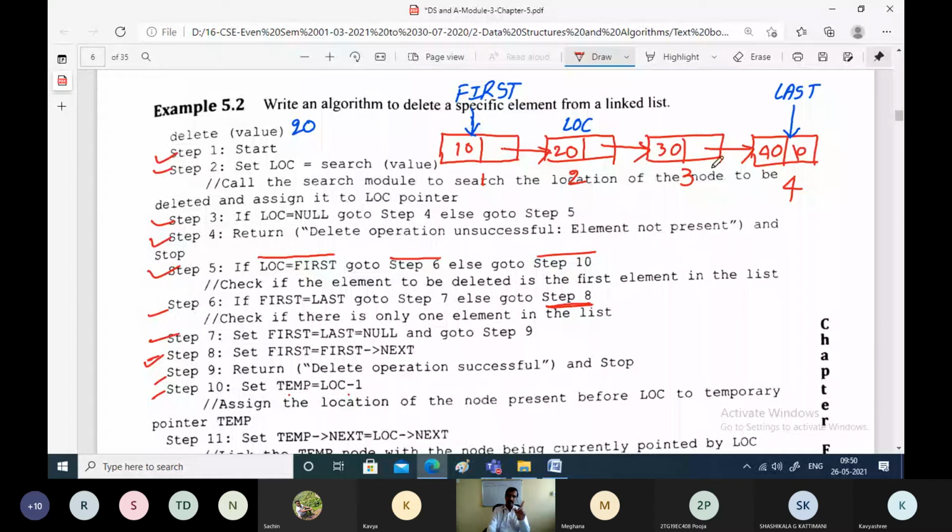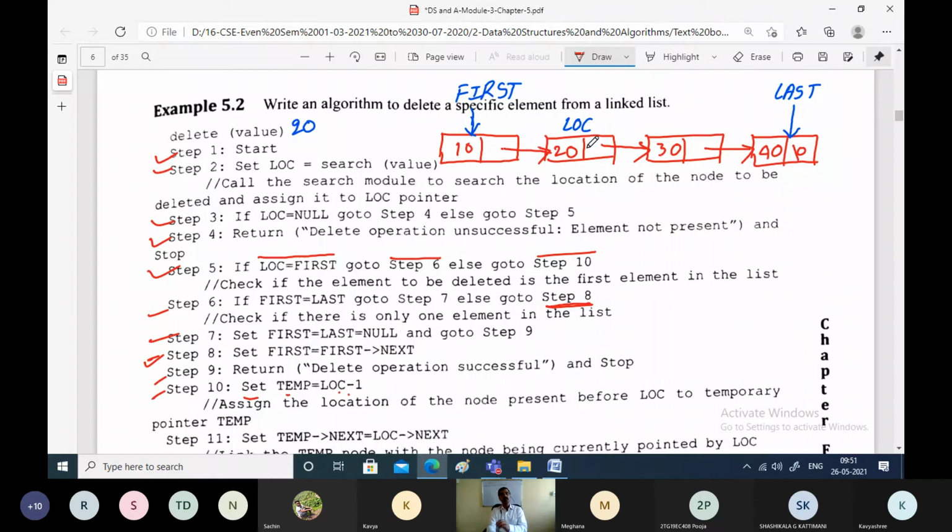If these are the nodes in the linked list, first node, second node, third node and fourth node, and you want to delete node number 2, then you should link node number 1 and node number 3. In the other case, if you want to delete node number 3, then you have to link node number 2 and node number 4. Then obviously the node will get deleted, right? So this is the simple logic. That's what we are setting, temp equal to location minus 1. Location indicates the node which we want to delete.